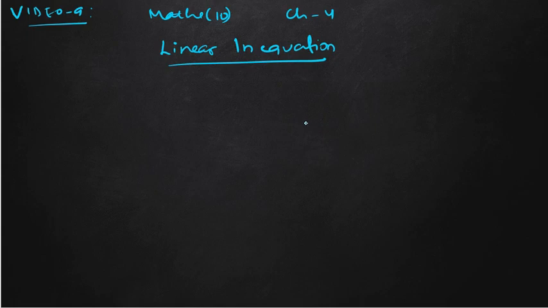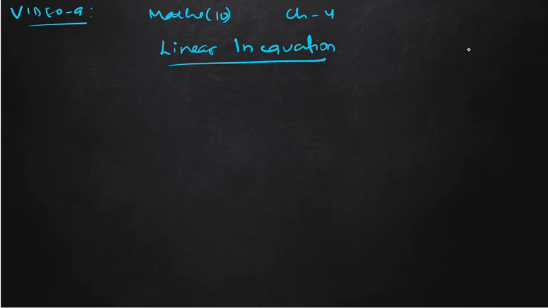Fine. So first, what is known as the linear inequations? We know what is equation. What is equation? There will be an equality sign, equal to sign, and there will be some left hand side and right hand side. Okay, so this will constitute our equation. So what is linear? Linear means that the variable, suppose the variable may be x, y, or z, or anything. If the highest power of the variable is 1, then it is said to be linear.